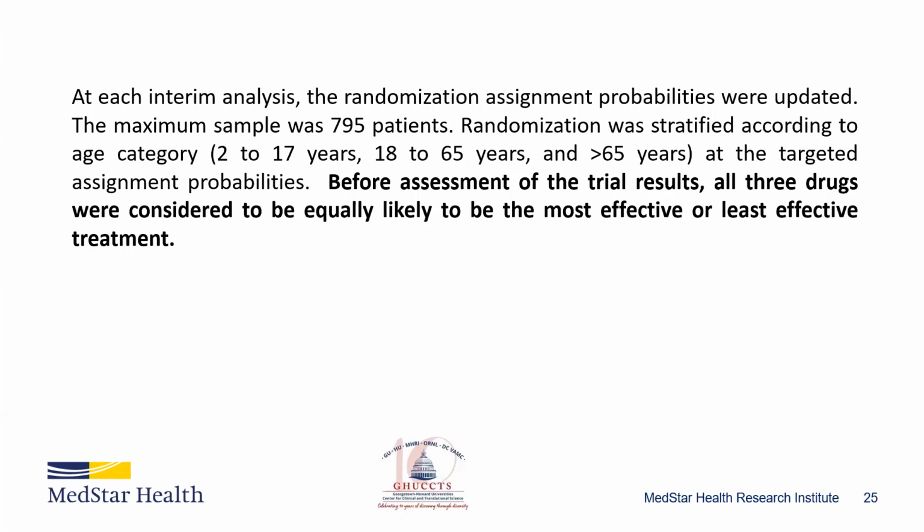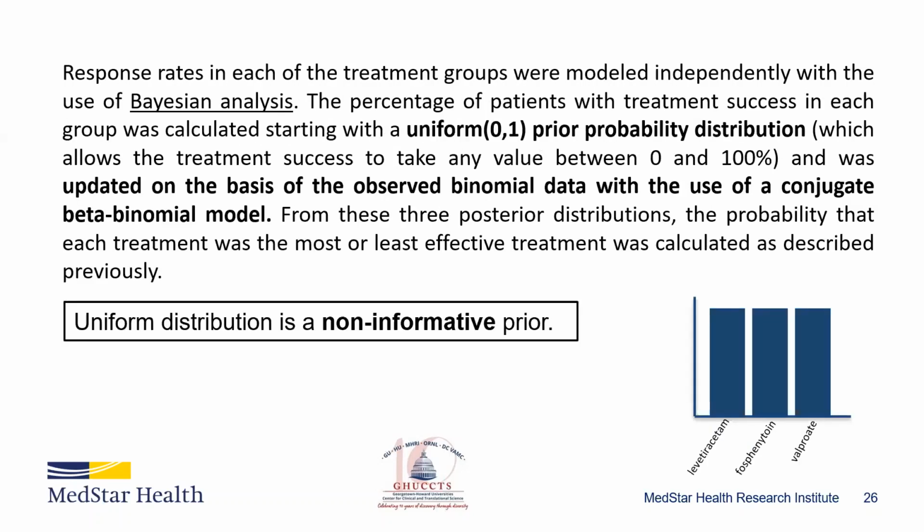And then the key here is, before the assessment of the trial results, all 3 drugs were considered to be equally likely to be the most effective or the least effective. And so here is our prior assumption, or our prior belief, that all of the drugs were to be equally effective. They go on to say then that